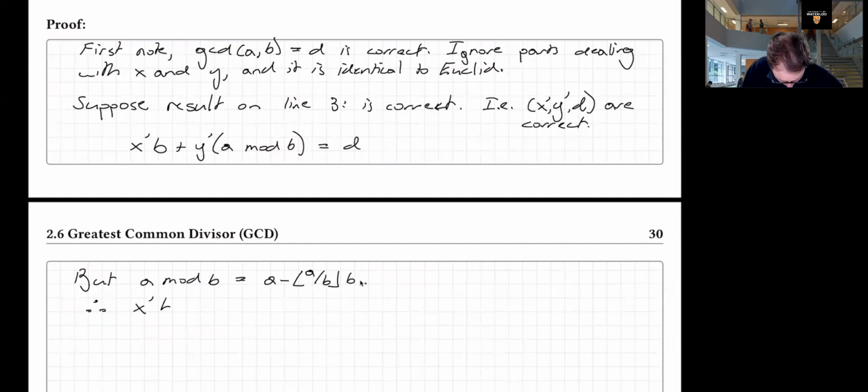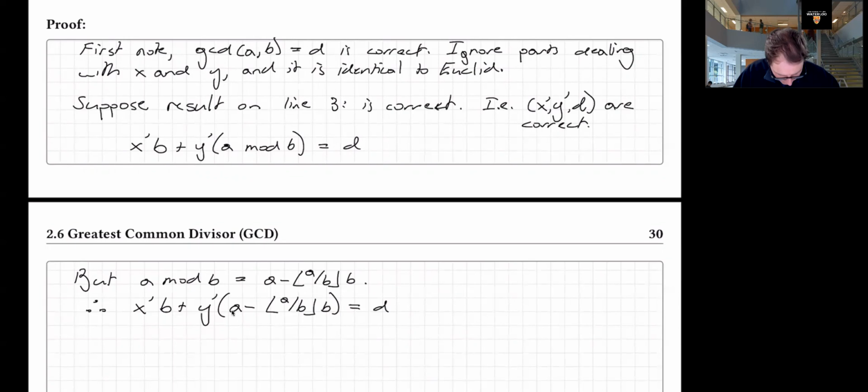So then I get X prime B plus Y prime times (A minus the floor of A over B times B) equals D. And now I want to rearrange it so that I get a term multiplying B and another term